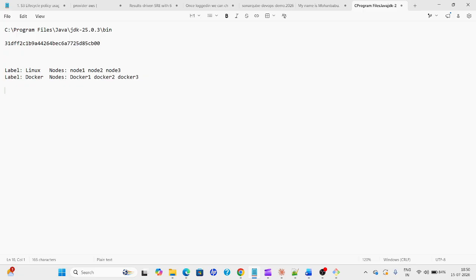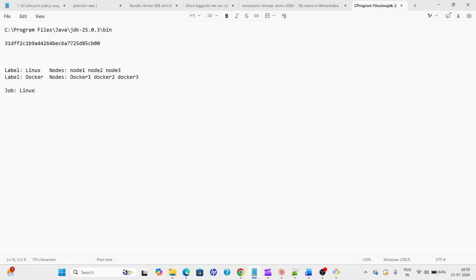Different names should be there. And in the job, if you mention the name of the node as node 1, then it will wait for node 1 only. If any other job is running, it will wait for that to complete, then it will run on that particular node. But if you give the label as Linux,